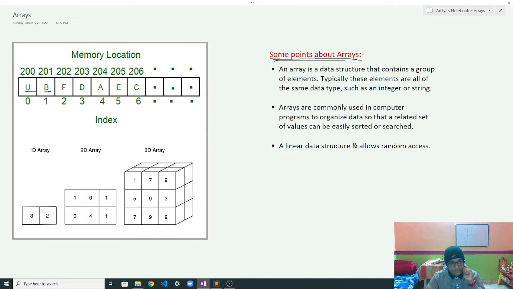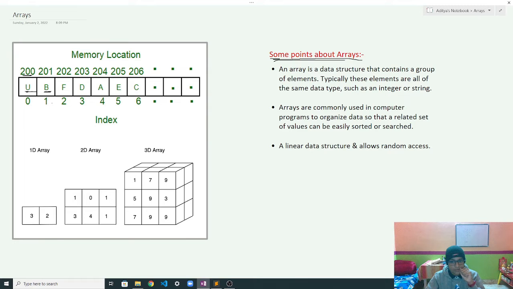Here you can see it is stored first at 200, and the storage of this is 1 byte, and then it is stored at 2201, and this consists of 1 byte, and then from there it starts. So you get the point, it is continuous memory allocation.